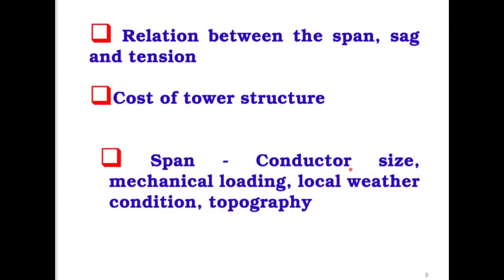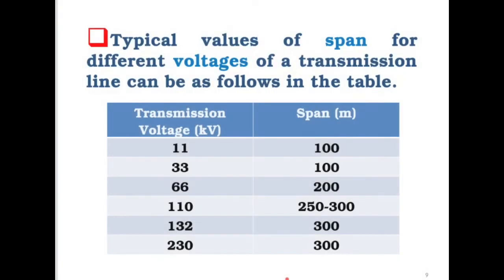So these things, like the conductor size, are related to current in the first place. That current is related to power: how many megawatts will be transmitted. So we cannot forget that as well. So this is the table that they were using.